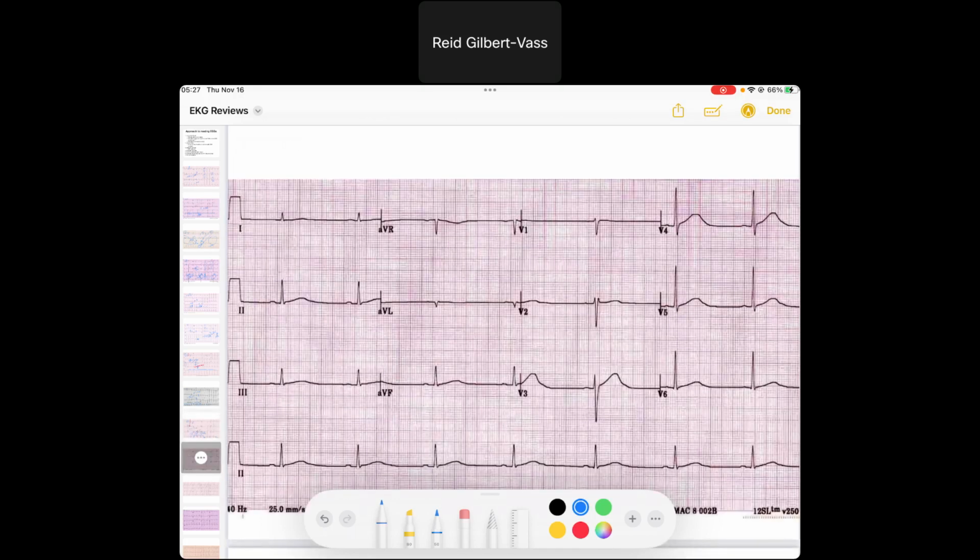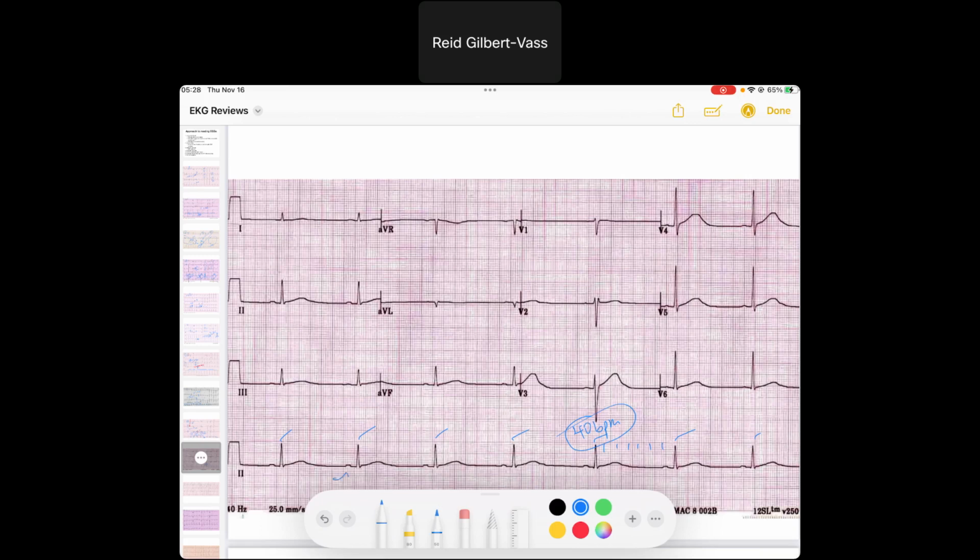All right, next EKG. We're looking at the rhythm here. We've got a regular rhythm. It looks maybe a little bit slow, so let's count it. We've got 300, 150, 100, 75, 60, 50, maybe around 40-ish beats per minute. So that's a bradycardia. Well, we know that bradycardias have a differential in themselves,